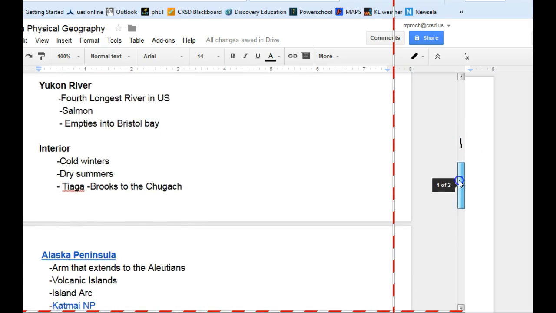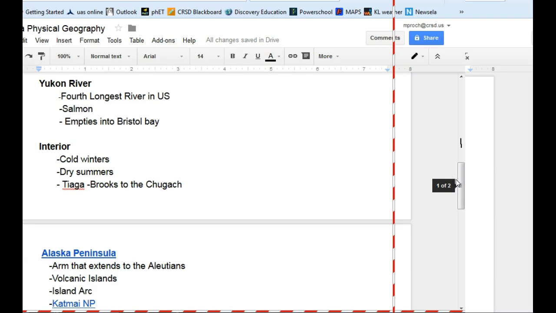So our next one is the Yukon River. This is the 4th longest river in the United States, and just really important to Alaska. Many villages along this river. Important resource for salmon, especially king salmon. Many of the rivers up north have lost much of their salmon. Even I lived in a place, Selawik, the Kobuk River. They get some salmon, they get pinks, but not like the reds and the kings that we get here.